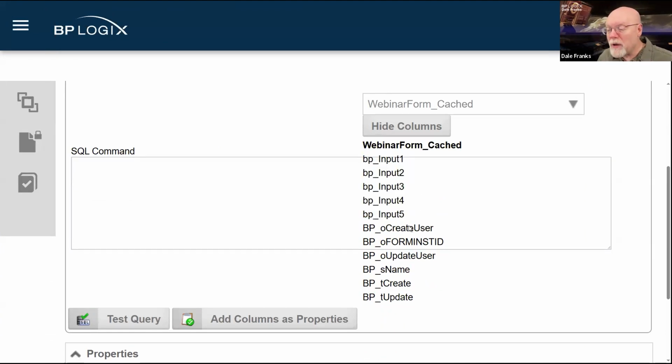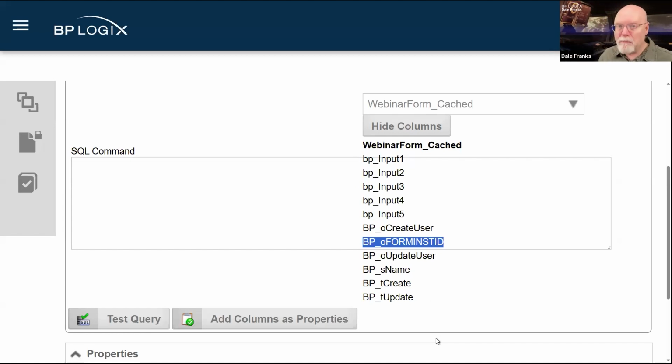I do have some other data that automatically gets created in that view. I get to know who the create user is. I get to know the form instance ID of each set of records that gets returned. That's often necessary because I might need a link to the form instance ID somewhere else.